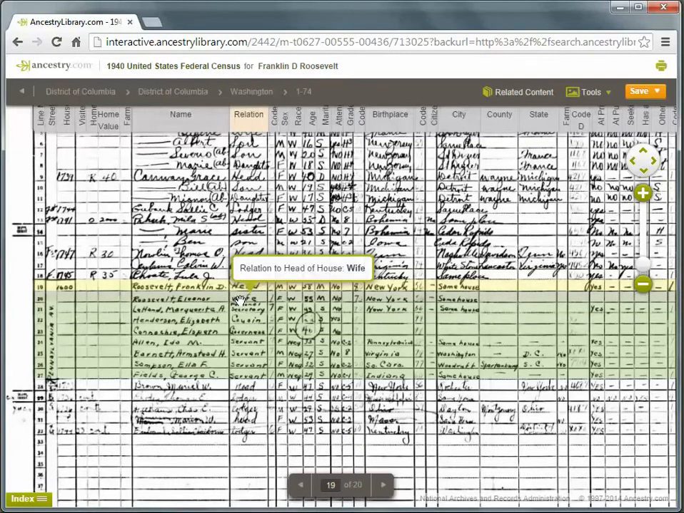Eleanor Roosevelt is listed as wife to the head of household, and then we see Marguerite LeHand is listed as FDR's personal secretary. Elizabeth Henderson is listed as a cousin, and then we have a governess and servants listed in the household as well. Again, by this point, Eleanor and Franklin's children were grown and had households of their own. We can see